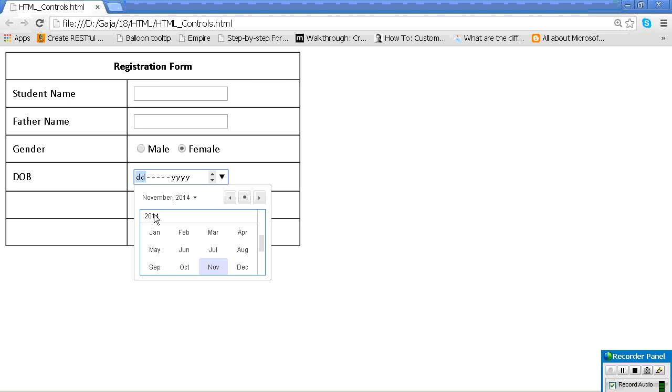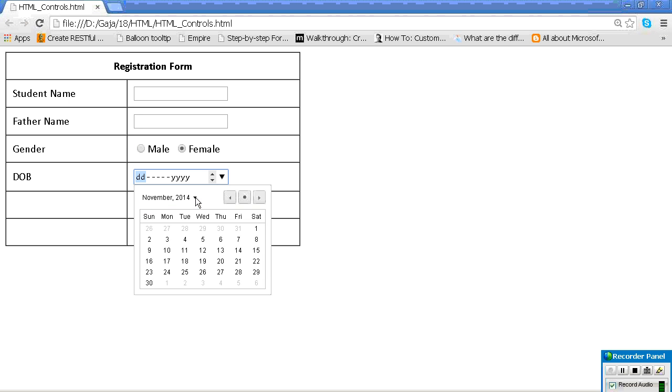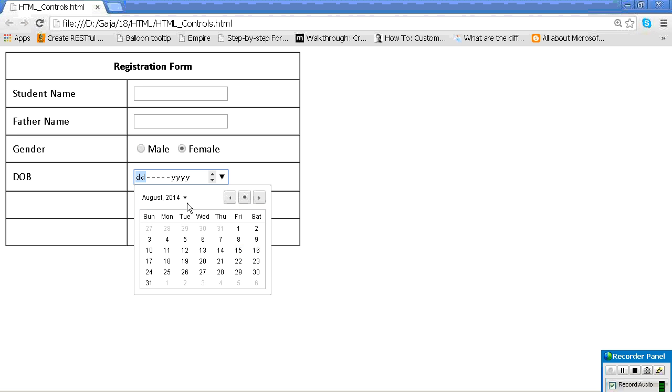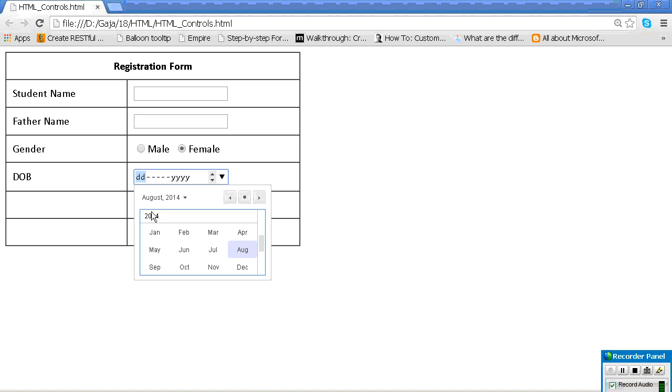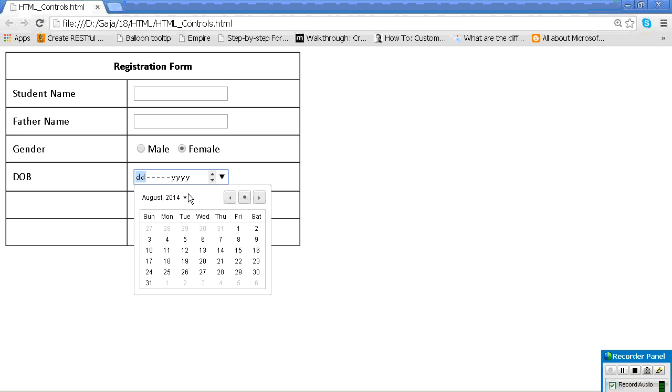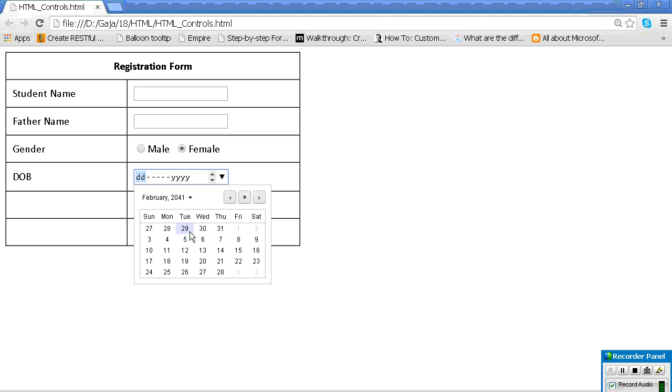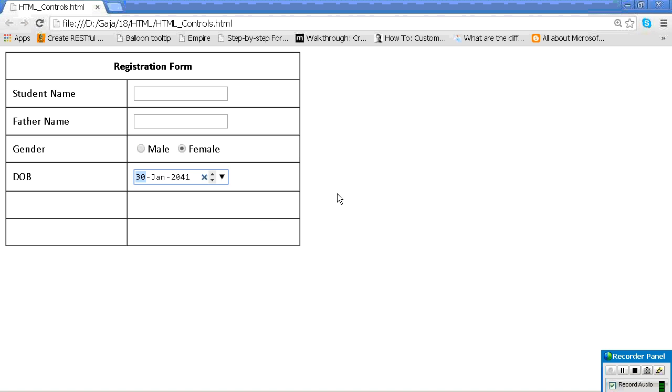You can go for this control. If you want yes, no, go ahead. Like this also we can set.